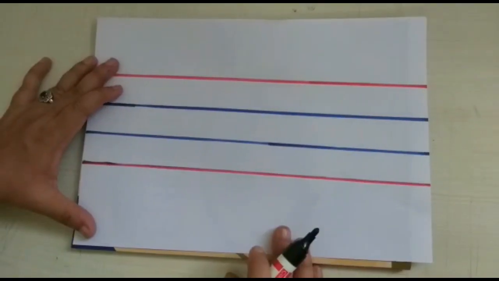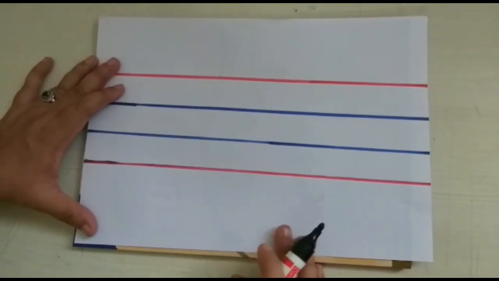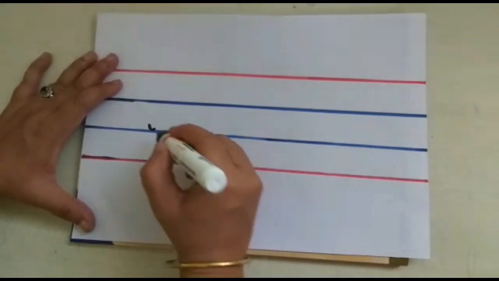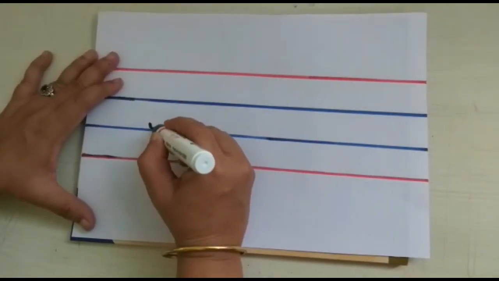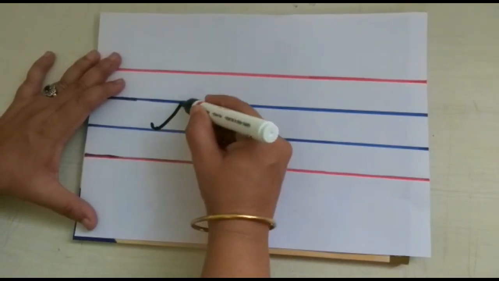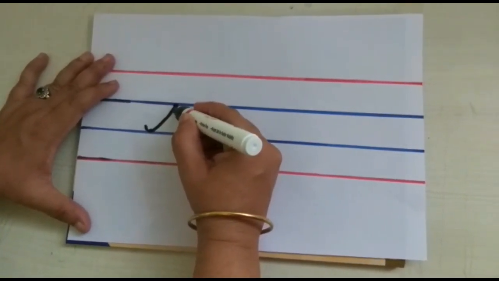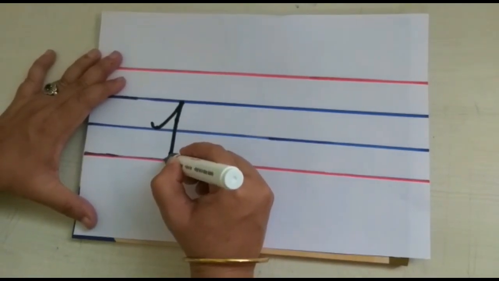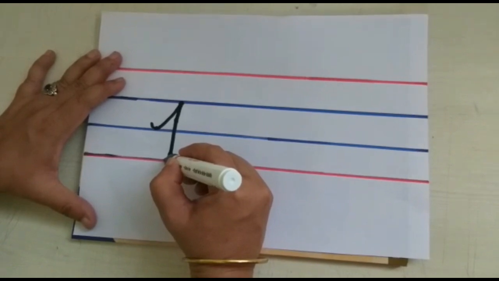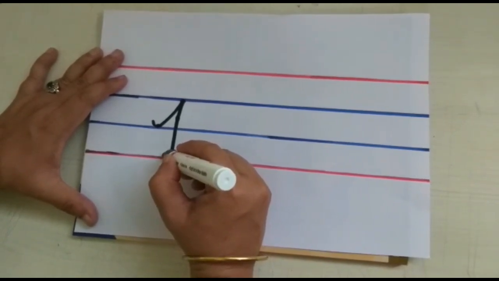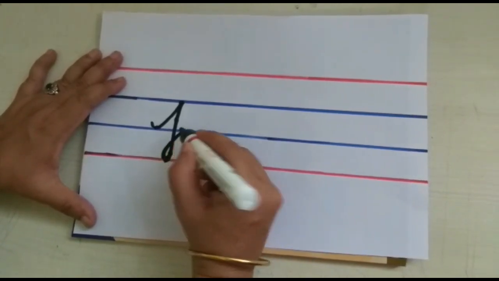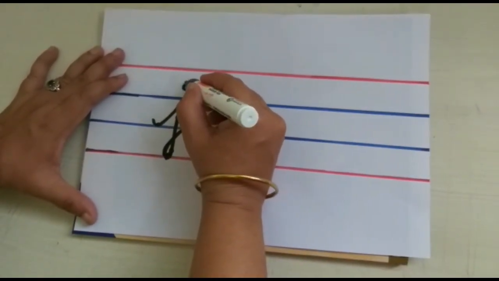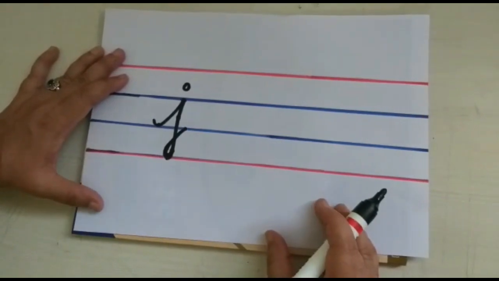I, after which letter comes, children? I after J. Shall we write J? Make a small curve. Make a slanting line. Go up to the second blue line, children. Now come down to the fourth red line. Down, children. Now turn like that and go and join this blue line and put a dot. This is small cursive J.